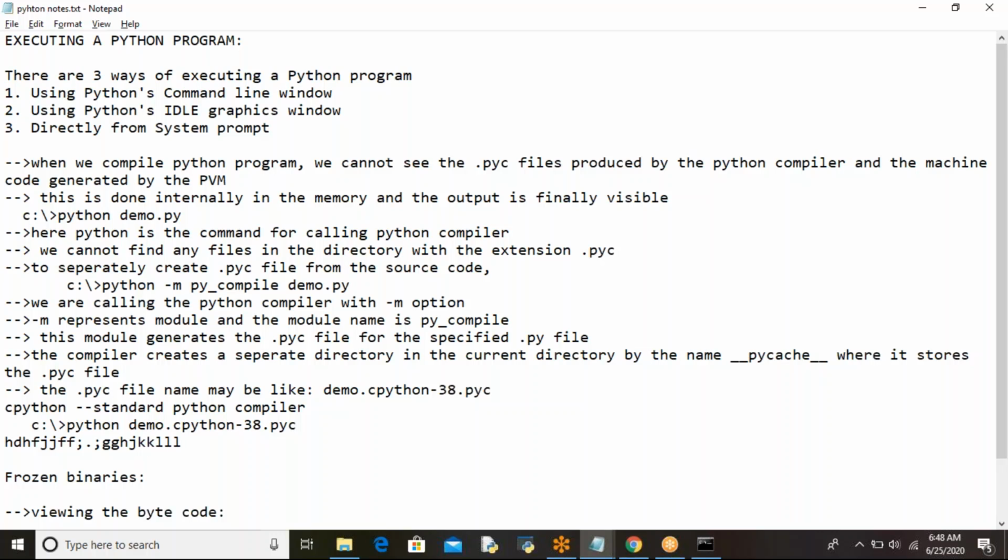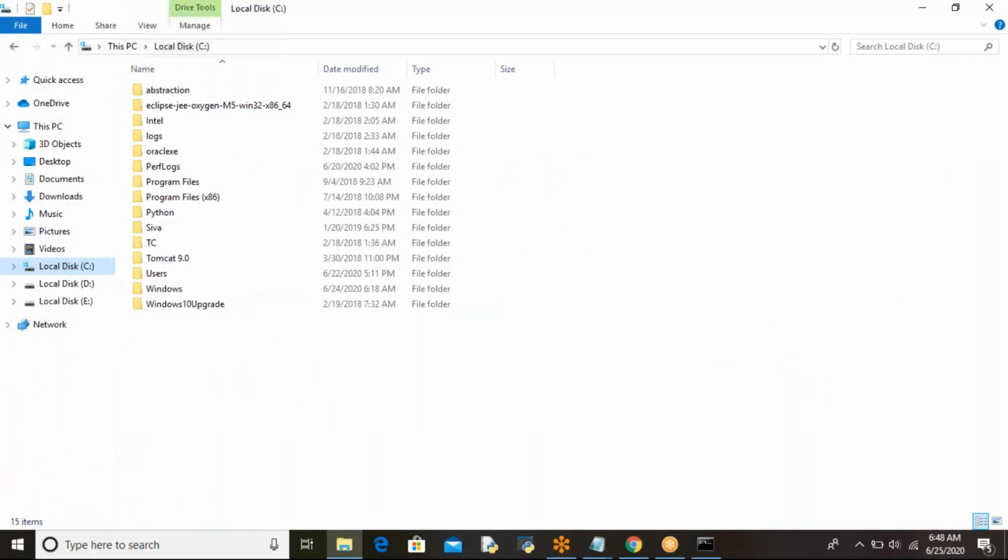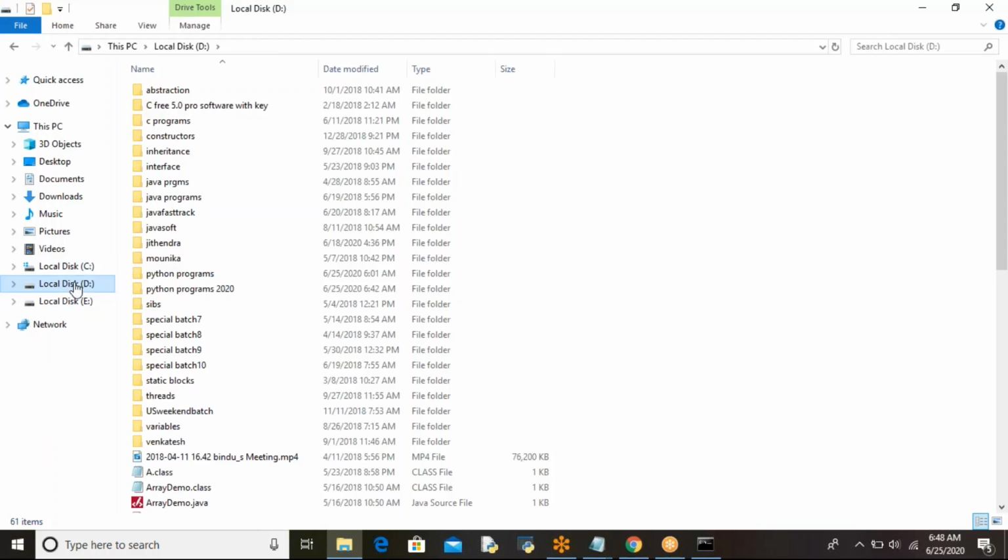Dot semicolon, you add it. If you add it like this, not only in the Python directory, anywhere in the system you can create a folder and store all your files, and they will get executed successfully.